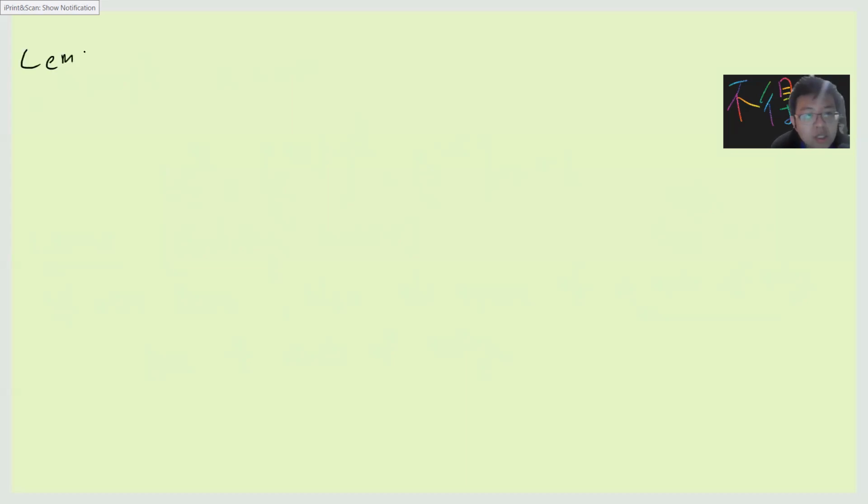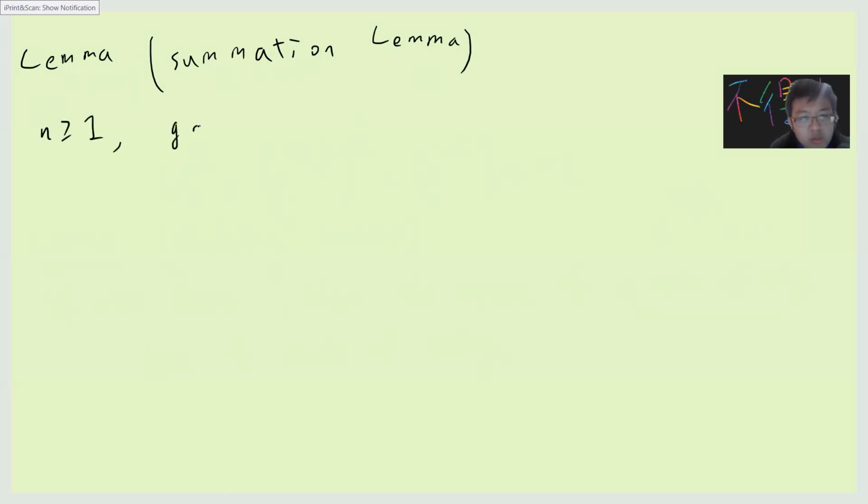Okay, another lemma, which is also used in quantum computation, called the summation lemma. So this lemma is that, let's say you choose n greater than or equal to 1, and then you take another integer, let's call it k, and then you compute the greatest common divisor is 1. That means that k and n are co-prime to each other. Then